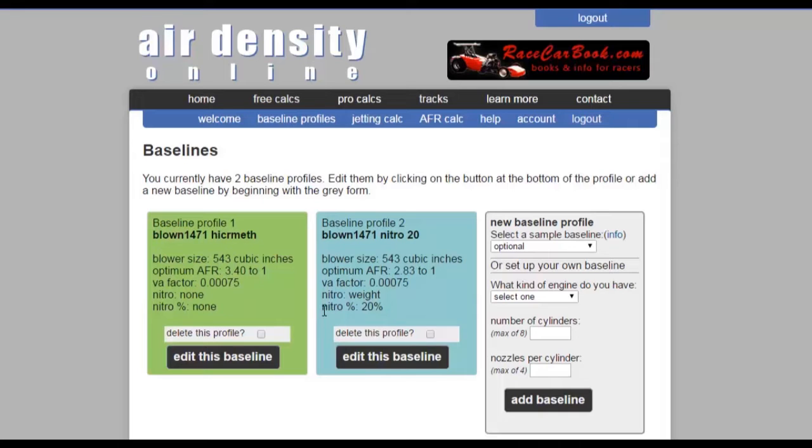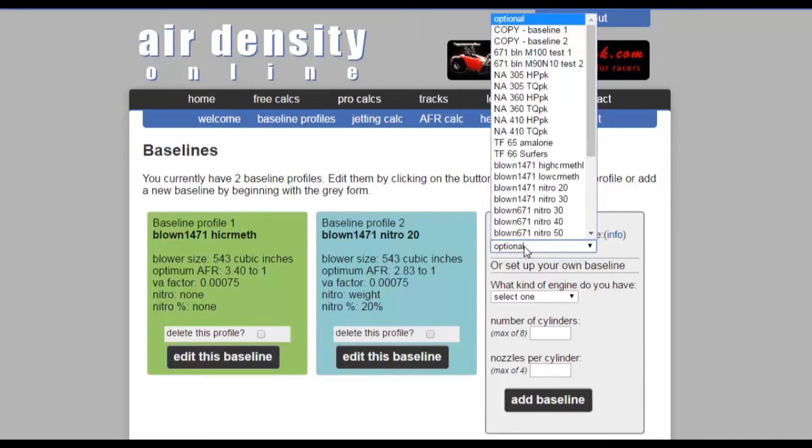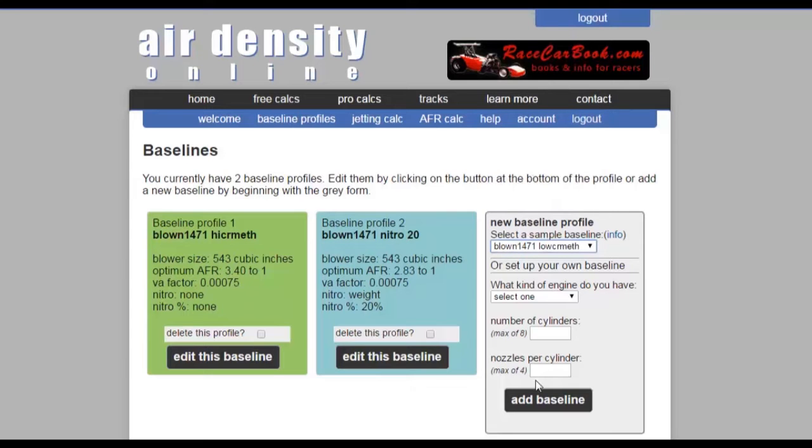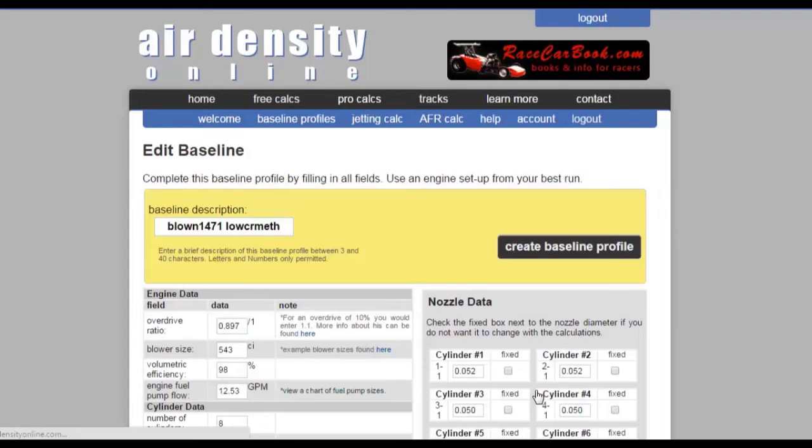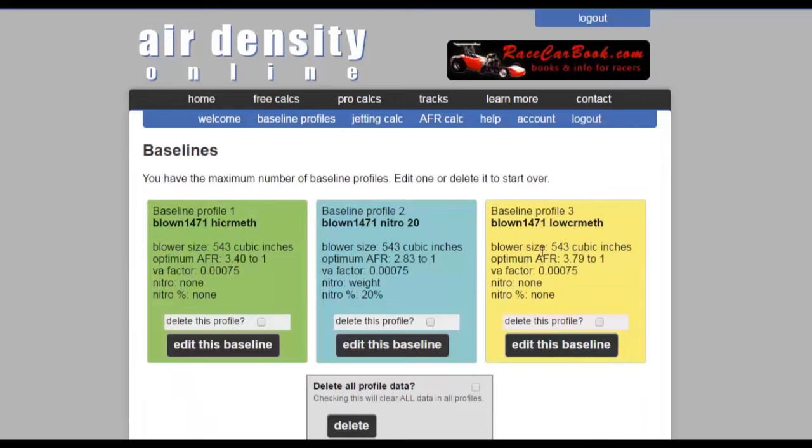What we're going to do is set up a third profile, and it's going to be a blown methanol setup, but we're going to select a low compression combination since we're adding nitro. Okay, we're creating a baseline profile from our pre-selected list. What's significant here is the low compression engine on methanol has a less rich air-to-fuel ratio than the high